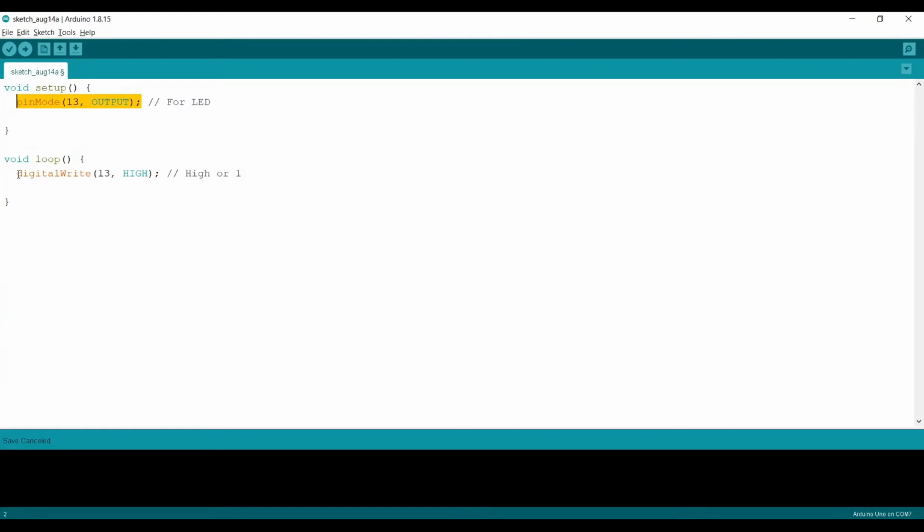And what I am instructing it to do is make it HIGH, that means turn it on. So I will connect my Arduino and make the hardware connections. This is my LED. I hope you are able to see my Arduino. I am connecting the LED to my pin number 13.